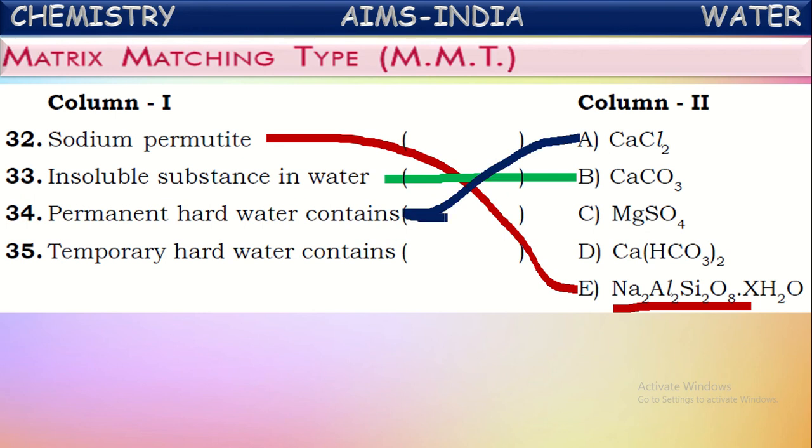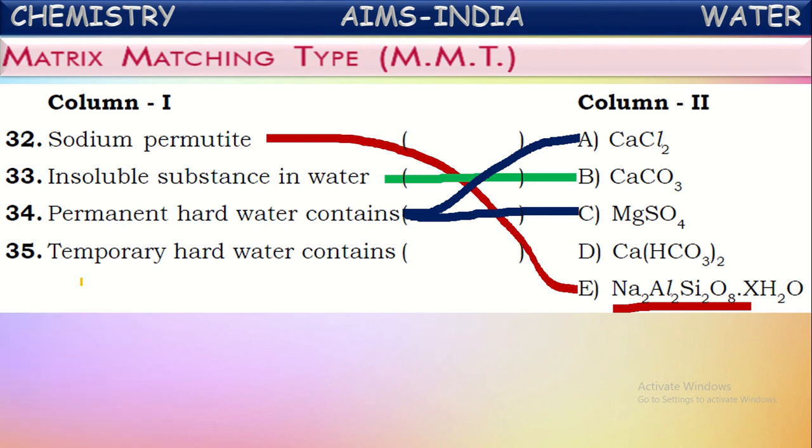And one more, sulfate of magnesium is given. So calcium chloride and magnesium sulfate are responsible for the permanent hardness of the water. Okay, these two we can say. Of course, two more are there. What are those? Calcium sulfate and magnesium chloride also. But here only these two are mentioned. We connected. Now let us see